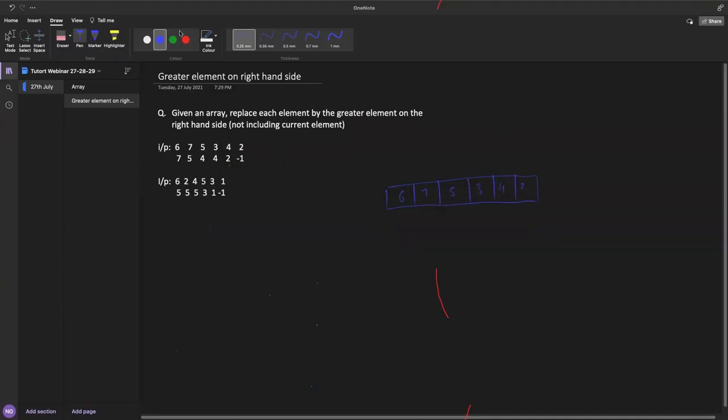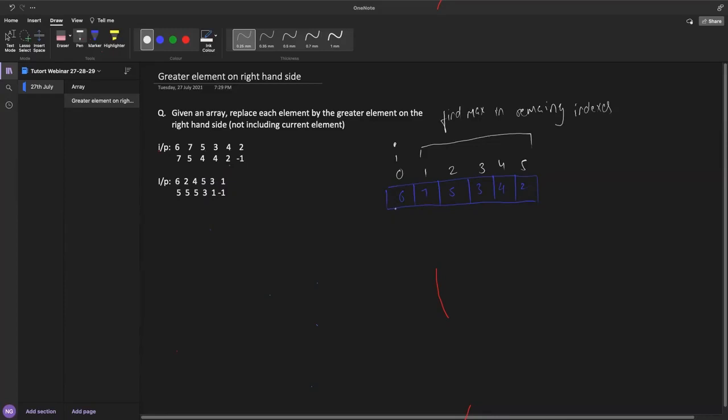This is index 0, index 1, index 2, 3, 4 and 5. So the simple solution is, for every index, find the maximum in the remaining indexes.